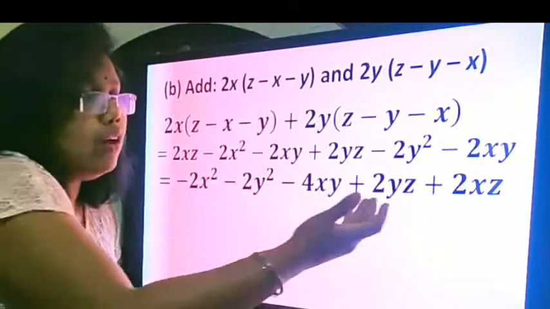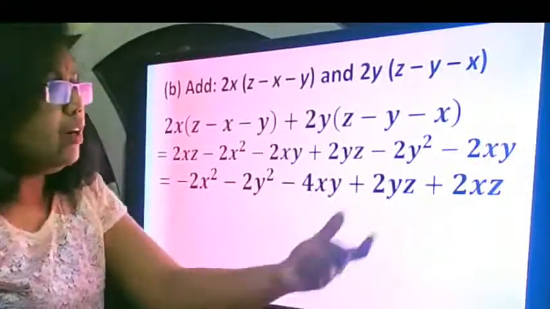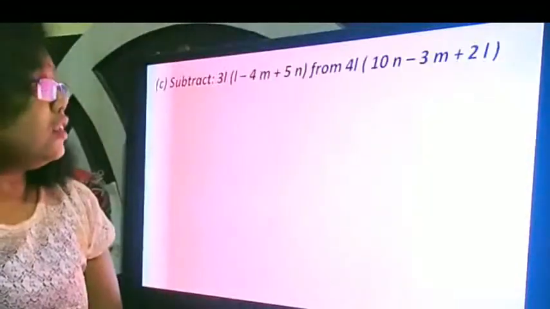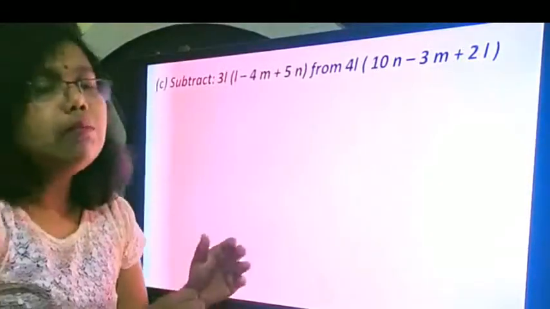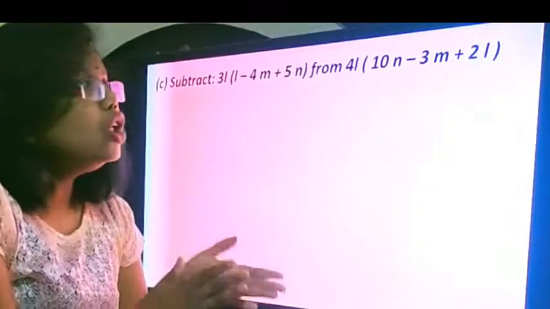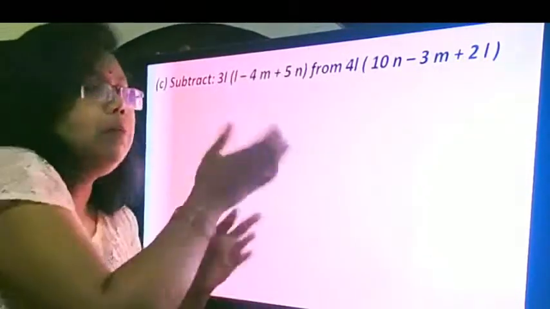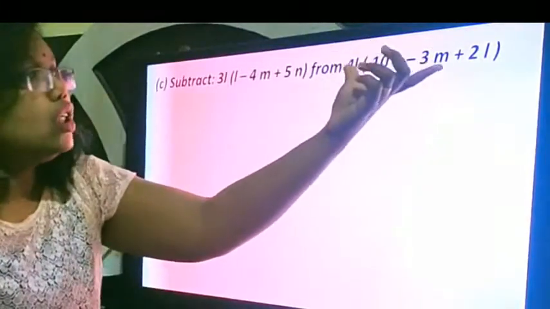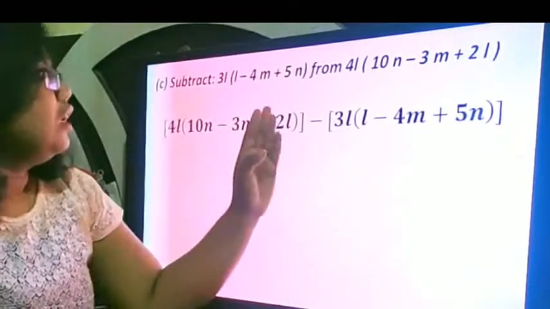But because we have a convention, we have put it in this way, or you could just interchange also, it would not matter much, both of these. So this is the final answer. Now subtract this from this. Whenever the question comes something from something else, so this "from" will be our first one and this would be the second term. That means this has to be subtracted from this. So this is the first one and this is what has to be subtracted. So this is how we write.